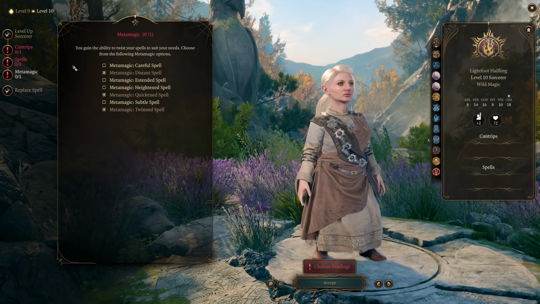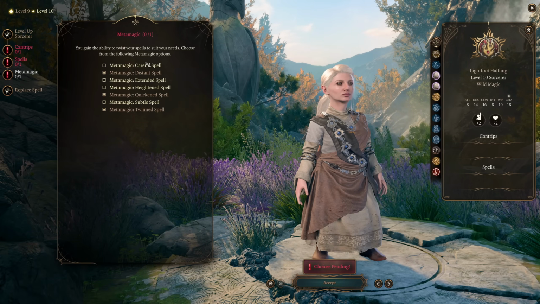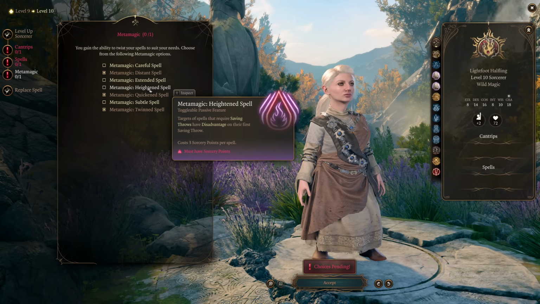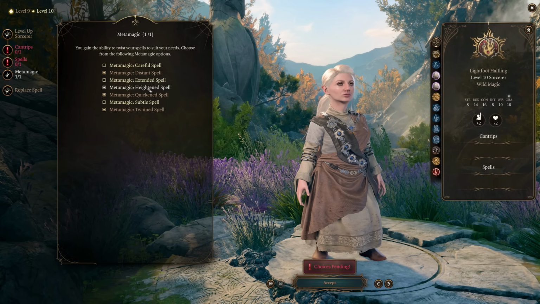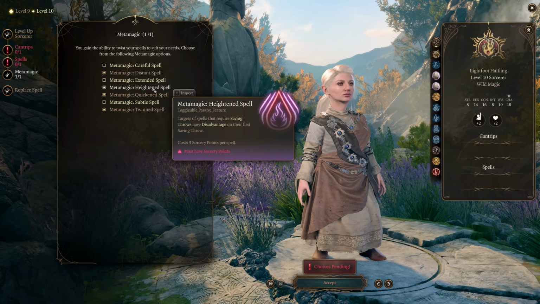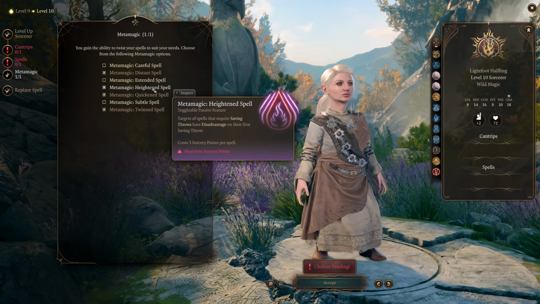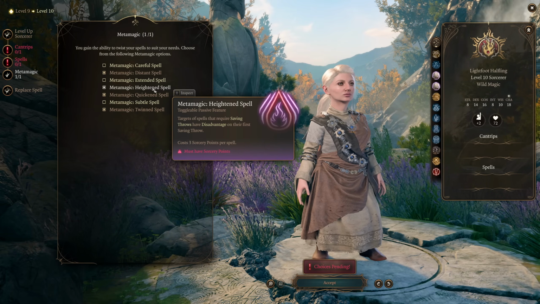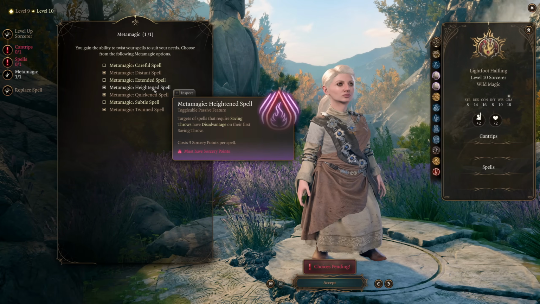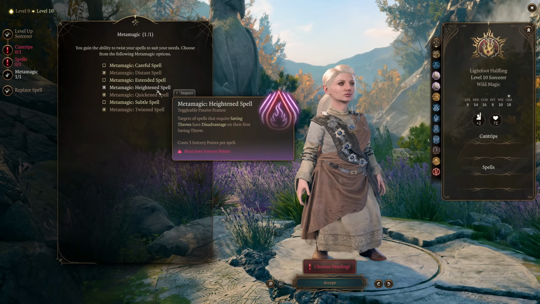At level 10, we get to take another metamagic selection, and there's a few here that are pretty interesting. I like Heightened Spell on this one because there are a couple of save DC spells, obviously. We have Hypnotic Pattern most notably. Giving enemies disadvantage on this is going to make sure that they fail their saves very frequently, and that is extremely valuable. If we can boost our save DC high enough, this will also give us access to things like